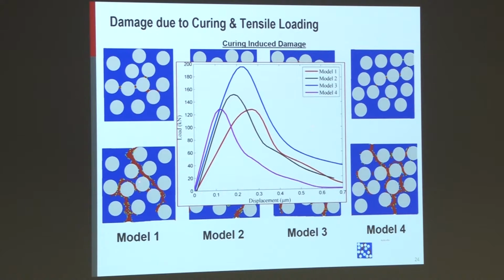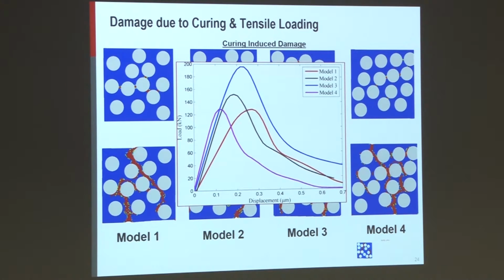So the load displacement plots look something like this, and we notice that there's a huge variation in the peak load as well as this initial slope of these materials. So just based on packing, we notice that there is a large variation in the behavior of these materials. And this, now we're working on incorporating this at the mesoscale to account for such variation stochastically at the higher